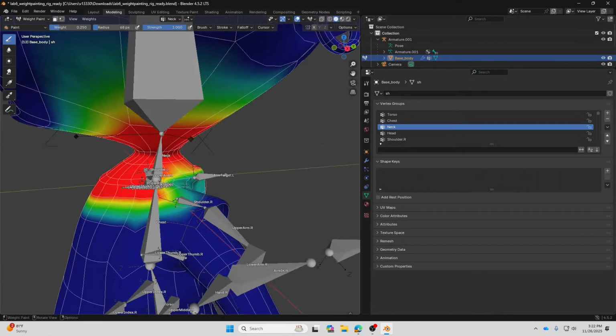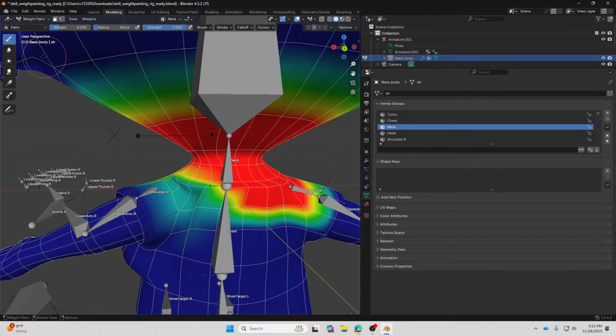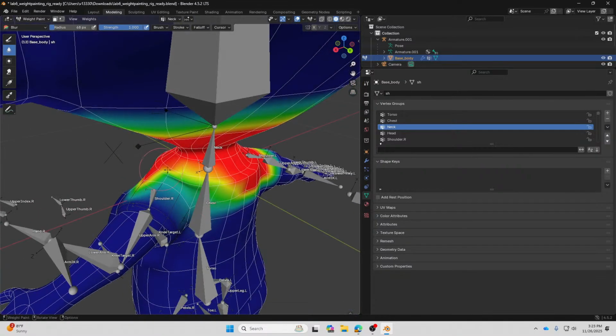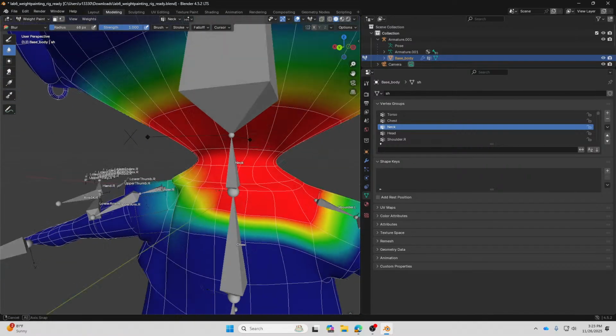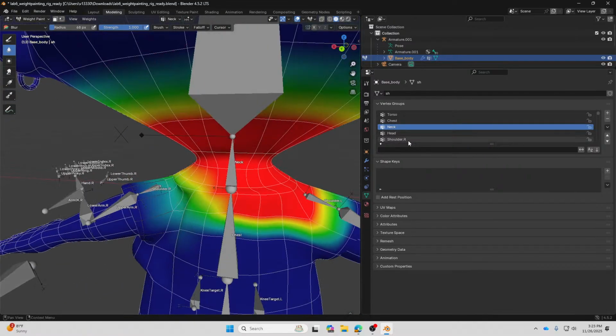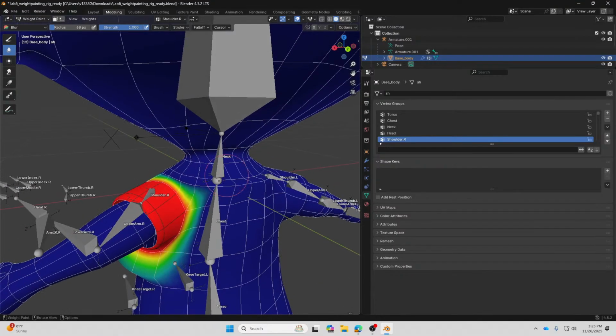And then we can use the blur tool over here a little bit. Blur basically smooths out the transitions. And then on the shoulder over here, I smooth it out as well.